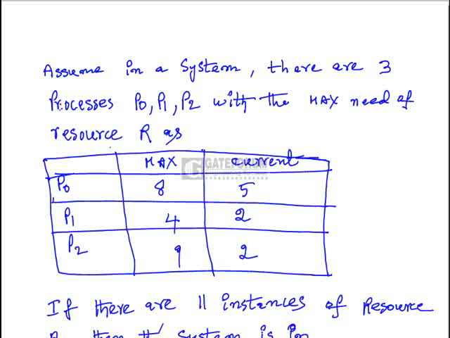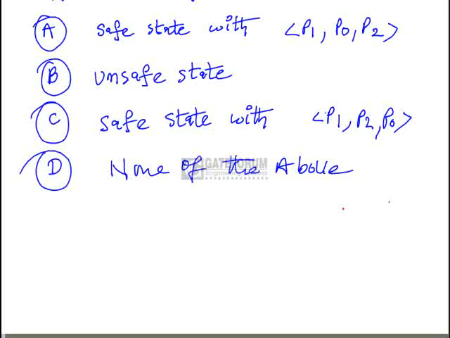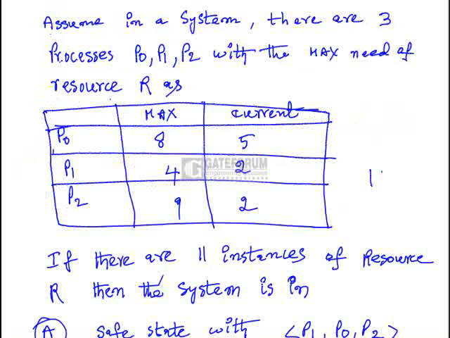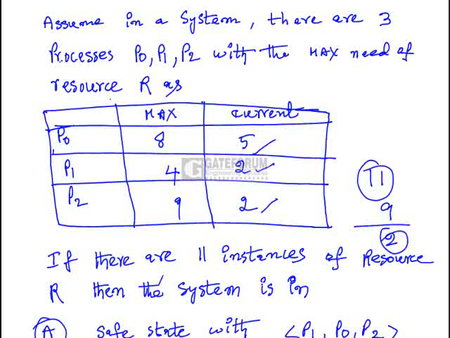So if you take 11 instances, out of 11, total resources, 5 plus 2 plus 2, total 9 are allocated. Then what is remaining? If 9 are allocated, only 2 resources are remaining. What is the present need of P0? Need is nothing but maximum minus allocation. So the still need of P0 is 4 instances, still need of P1 is 2 instances, still need of P2